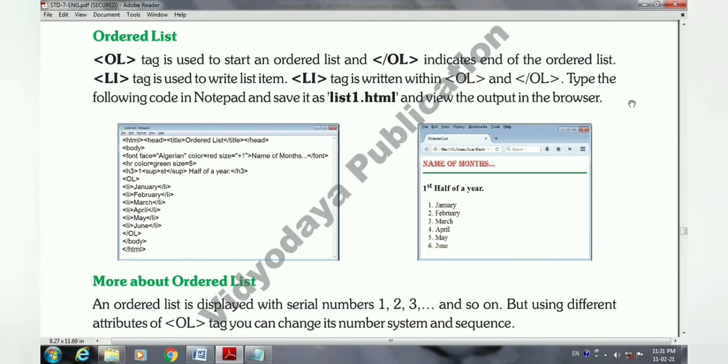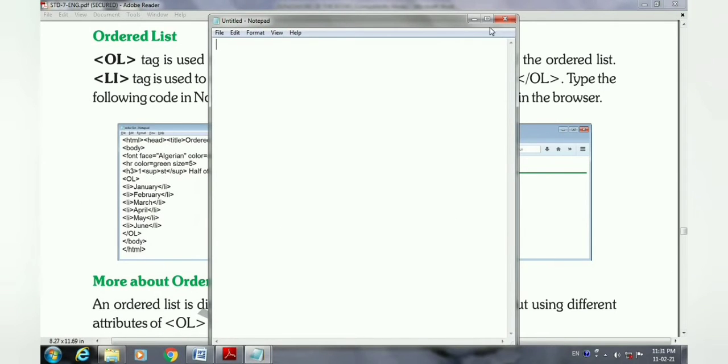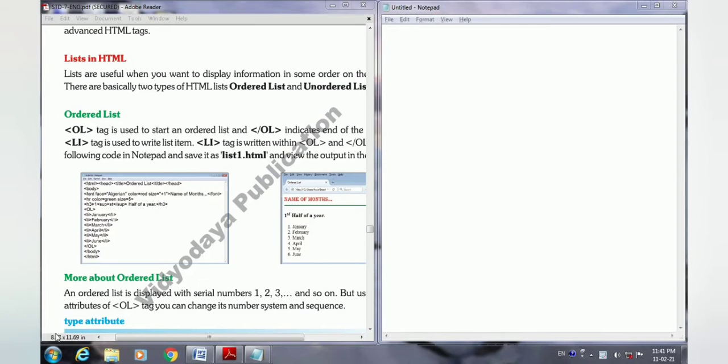So for that we'll open our notepad file. Click on the start button and open the notepad window. Students, here you can see this is our output in the browser window. When we write this coding in our notepad, this output will be visible in a browser window. So from here we will start writing our coding. We will use the indentation I told you about to write our coding. We will not write like this.